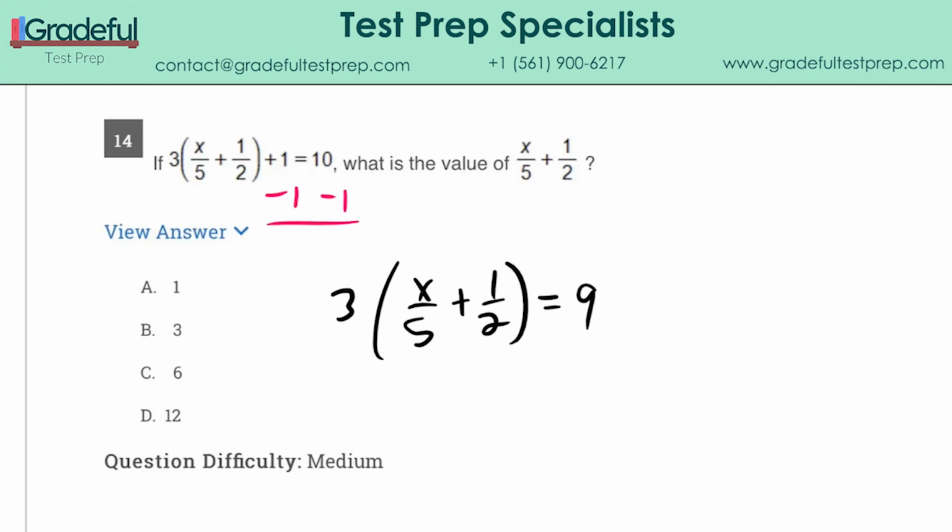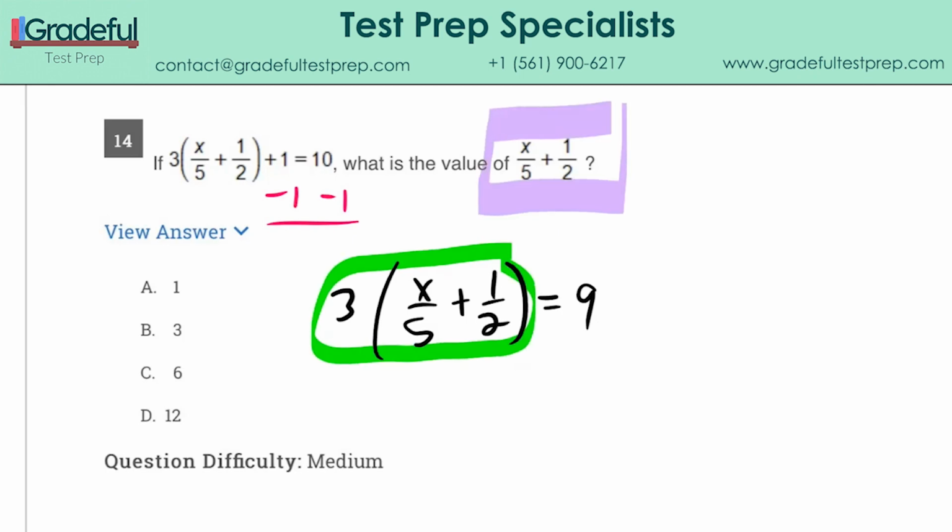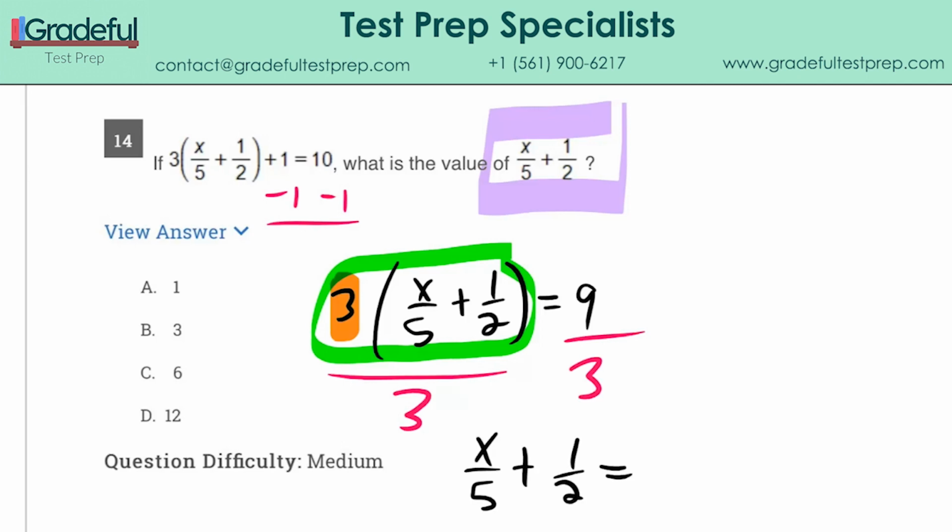And what's the difference between what we have right now in green and what we need in purple? It's just that number 3 on the outside. So what can we do to get rid of that? Divide both sides by 3. So that'll give us x over 5 plus 1/2 equals 9 over 3, which is 3, and the answer for